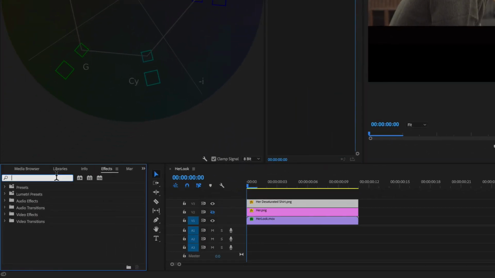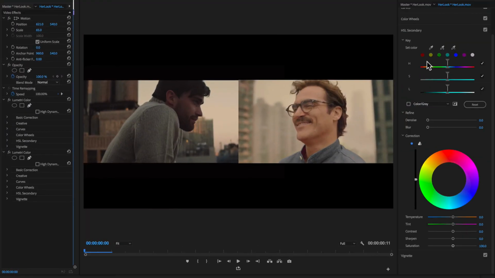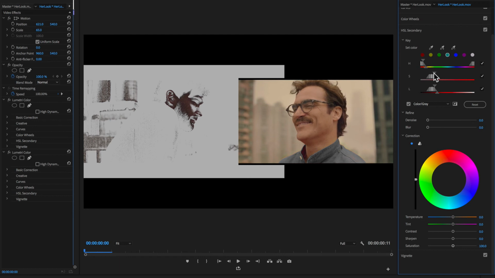So to do this, let's add another instance of Lumetri Color. And in the HSL secondaries panel, let's click on the eyedropper and drag through his skin. Then I'll refine the key using the hue, saturation, and luma parameters. Now, don't worry that we're grabbing a little bit of information outside of the skin tones. We'll fix this in a later step. Okay, so after adding some denoise and blur,